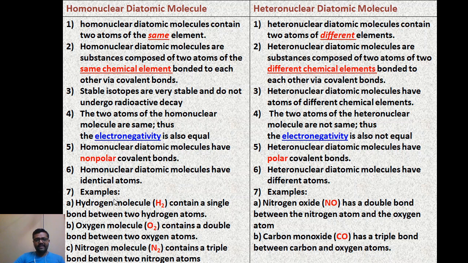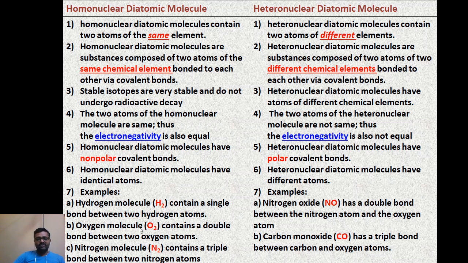I have to mention some examples here so you can easily understand. The hydrogen molecule is H2, which contains a single bond between two hydrogen atoms. There are two hydrogen atoms, but present as one single bond, and both hydrogens are the same. We can discuss before, for homonuclear molecules, how to draw diagrammatically the molecular orbital energy level diagrams, and calculate the bond order, and then we will show how many bonds are between two atoms. This is also a single bond.